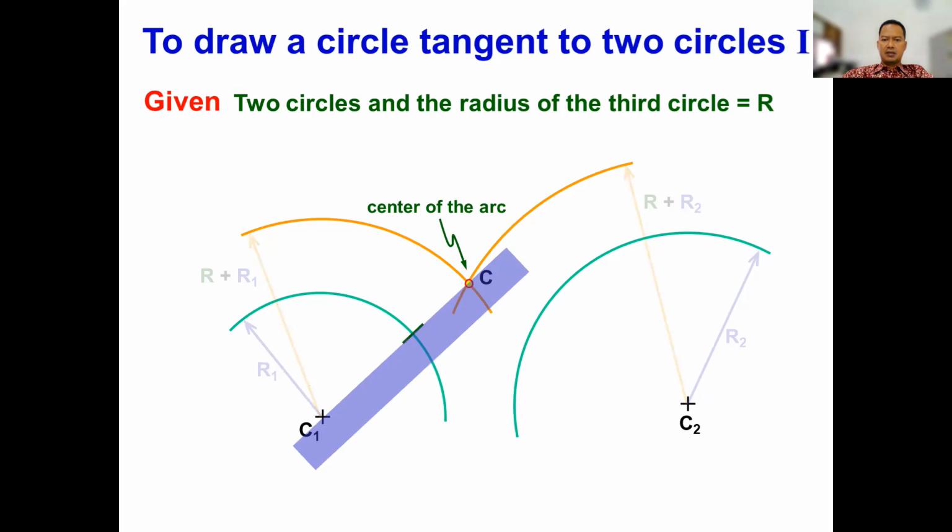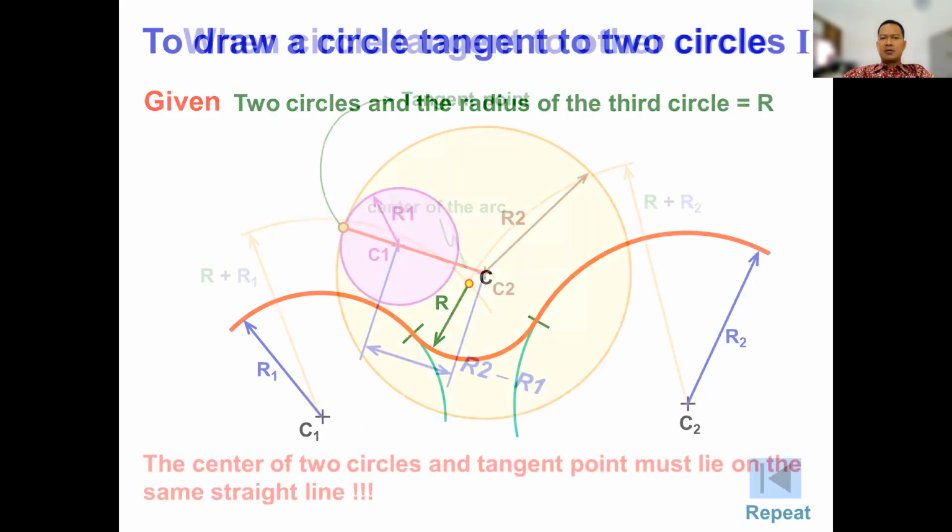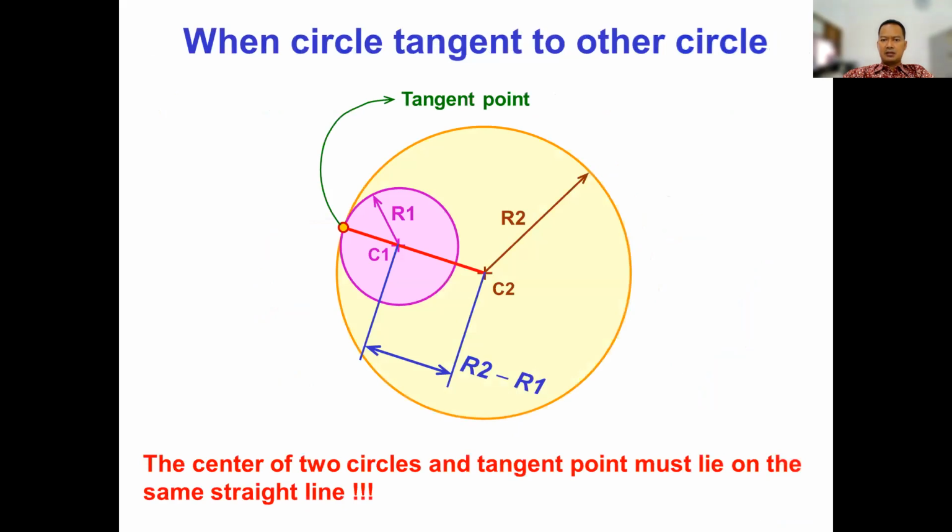line, then we will get the intersection point, and then continue to draw arch with the radius of R here. This is a tangent arch with two circles with the specified radius of R. With the circle tangent to other circle, this is the tangent point. As you see, we have two circles, R1 and R2, and we have